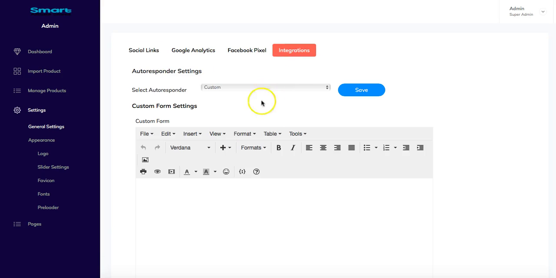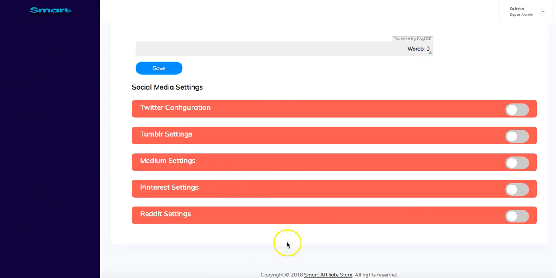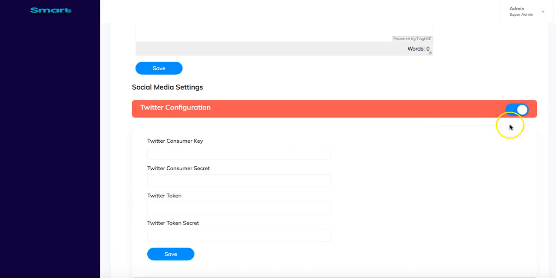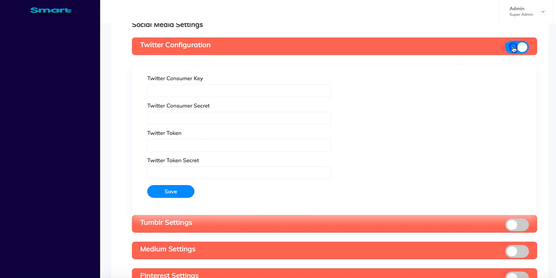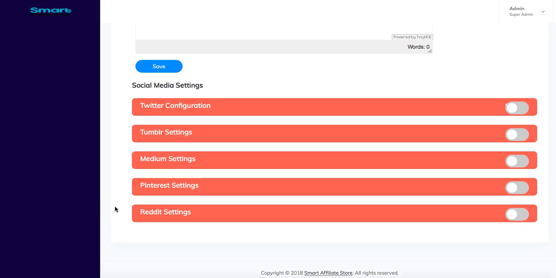By other integrations, we're referring to autoresponder settings, and we've got the social media settings wherein the products will directly be configured. So the moment you switch this on and enter your keys, every time you import a product, it will be published to each one of these 5 social media platforms. As a result of that, you start creating social signals for the product that you've created,